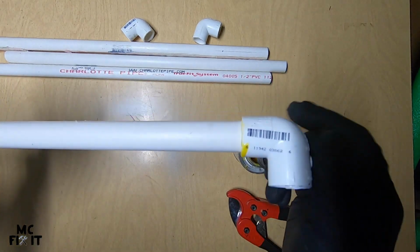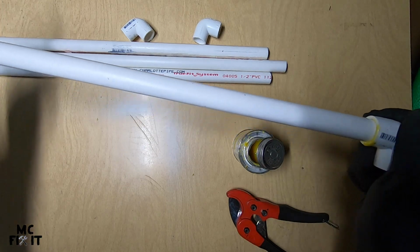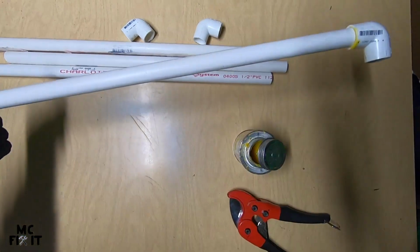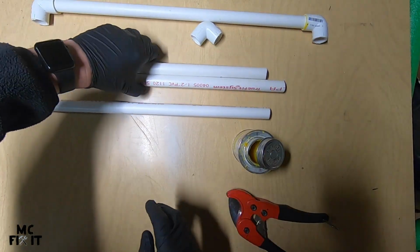And so the glue will help. You might get a little bit out, and you can clean that up. I don't really care because you're not going to see it much, because your pool noodle will be cut and going over top of it. So now that that's correct,